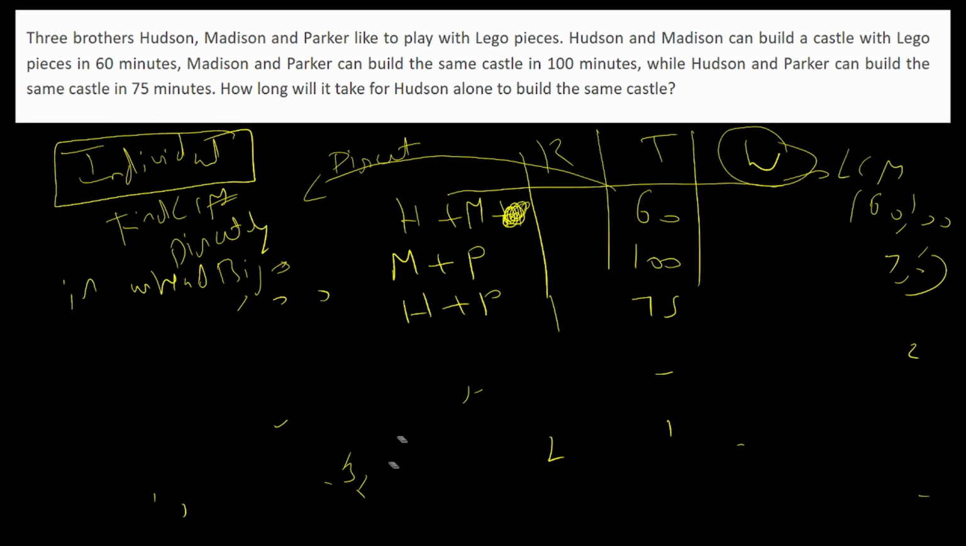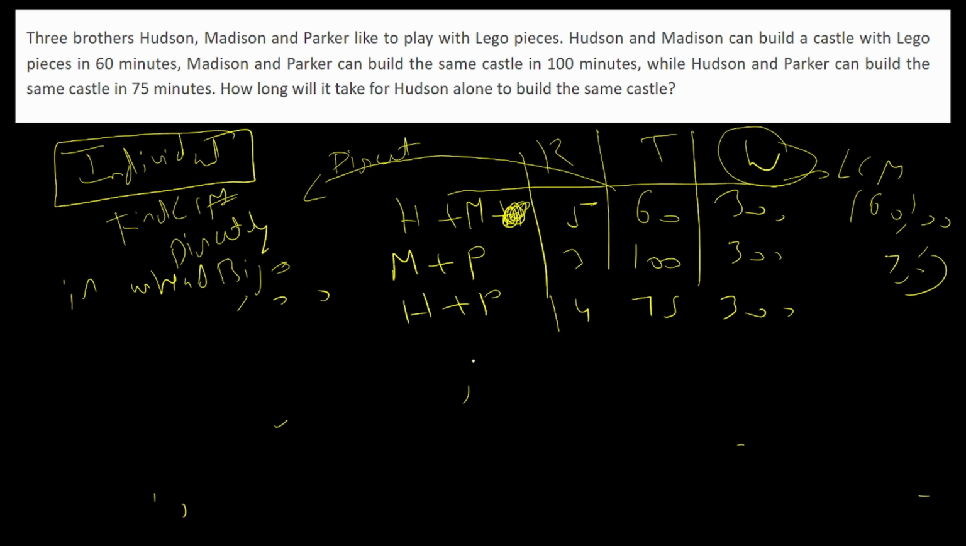So let's do it fast, guys, because maybe I wasted some of the time. Okay, so now the LCM was 300. 300 by 6 is 50, 300 by 6 is 50, 300 by 5 is 60. It is 3. It is 4. So now the question says,